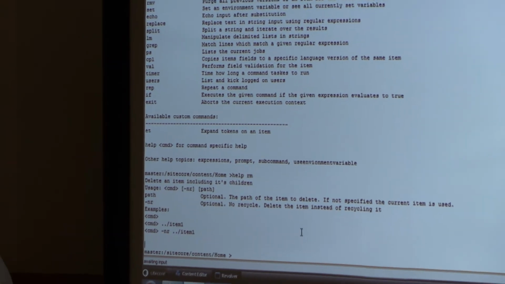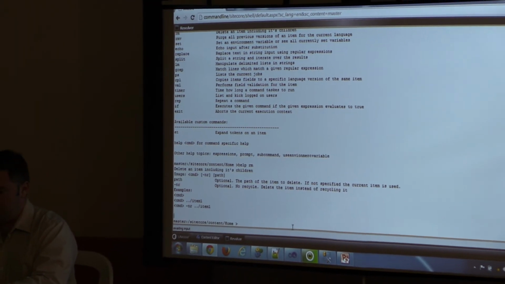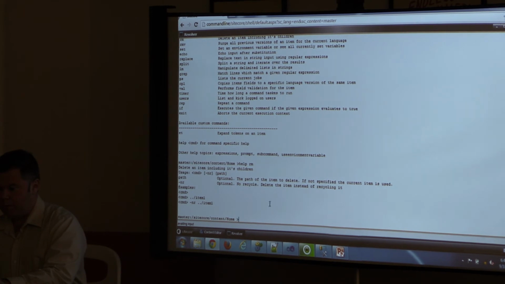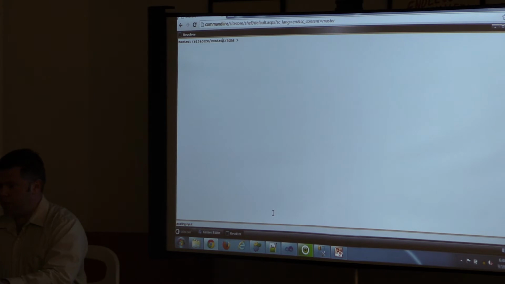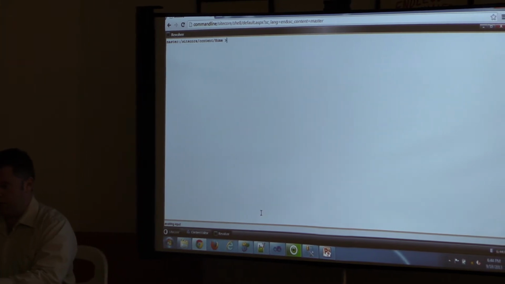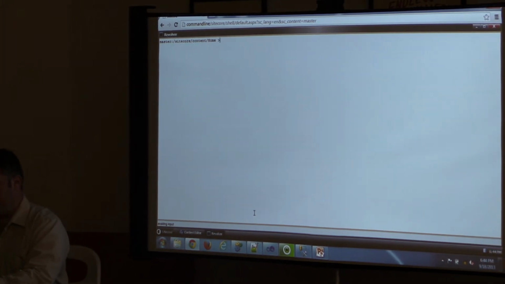There are also capabilities of creating items. One thing that's a little wacky is sometimes the UI gets a little out of sync, so sometimes you just have to press enter or do a clear to get back to where you were. Sometimes you might end up over here, you don't want that because things get a little screwed up.